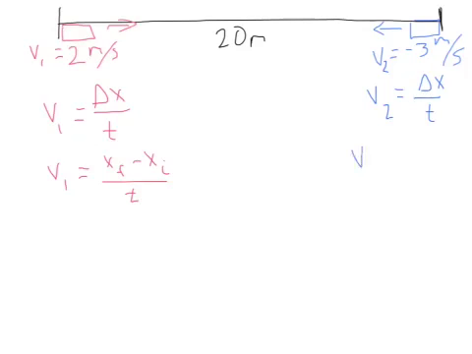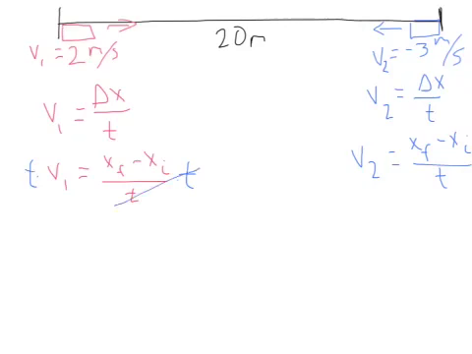Velocity of cart number 2 then says x final of cart number 2, that's where they collide, minus x initial, that's where cart number 2 starts, divided by how much time it takes the cart to go from where it starts to where it collides with the red cart. One thing that we do know about this scenario is that the amount of time that the red cart will be moving for is the same as the amount of time that the blue cart will be moving for. So if I multiply both sides of this equation by t,